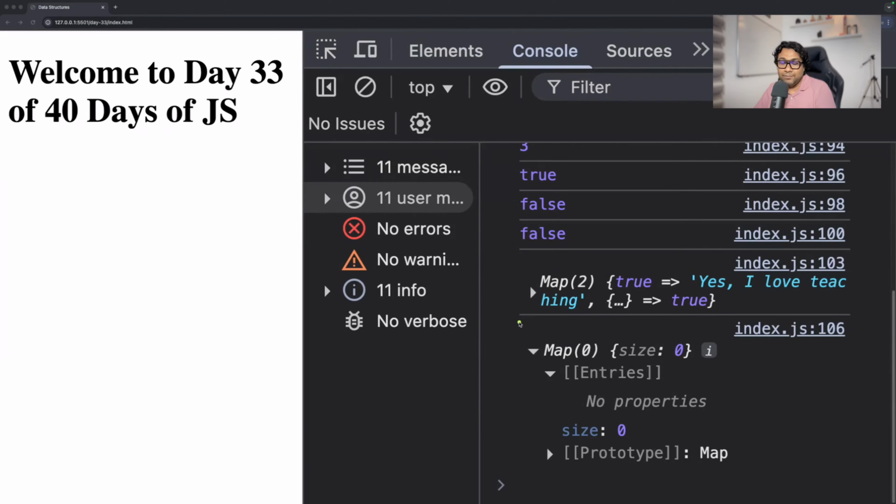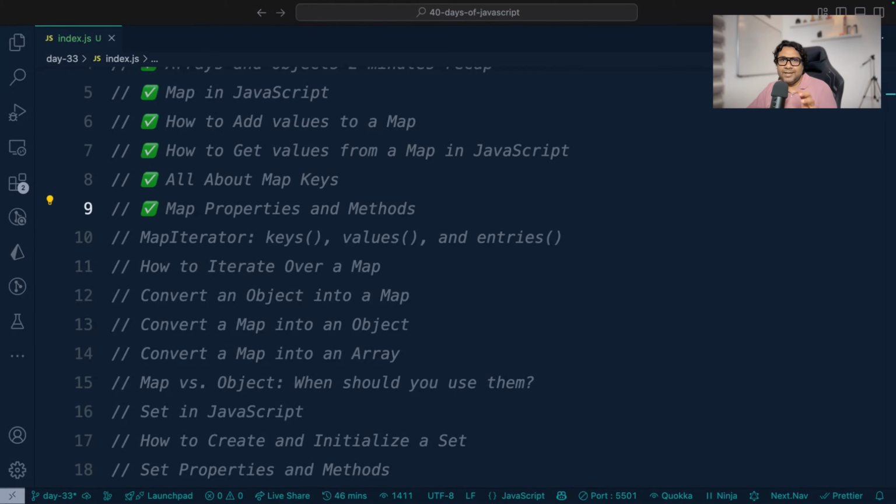So we used and learned a few methods like has, clear, delete. Before that, we learned about get, set. After learning these methods and the properties, now we want to worry about how to iterate through a map. Iteration means you are able to go through the elements or the entries of the map. For that, we have a few methods that give us the map iterator, and using the map iterator and some of the loops that we have learned already, we will be able to iterate through all the entries of the map. The methods in map that provide us the map iterators are keys, values and entries,